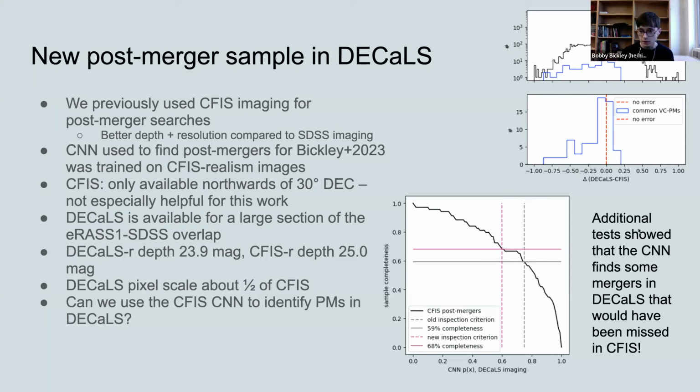We ran some additional tests as well, and we essentially found that this effect is canceled out by the fact that, weirdly and in some cases inexplicably, galaxies that appear to be genuine post-mergers are identified in DECaLS imaging when they would have been missed in CFIS. Rarely, this has to do with an imaging artifact that appeared in the CFIS imaging, which is not present in the DECaLS imaging. But in other cases, there isn't a super good explanation for it, but we're getting free post-mergers out of it, so I won't ask too many questions.